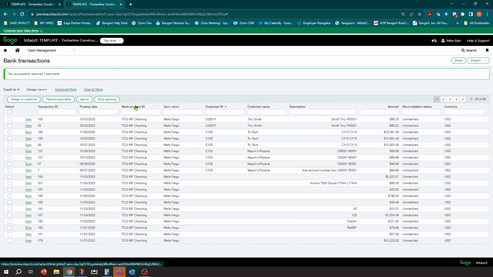So that is pretty slick in the system, especially if you have a lot of small invoices, you want to apply these automatically. You can go ahead and do that in the system. So try it out. You can try it out on one customer if you want, but it's a pretty slick feature that's coming out in cash management for our R4 release.